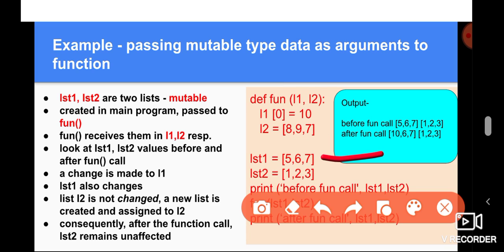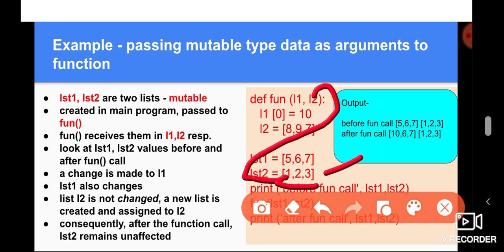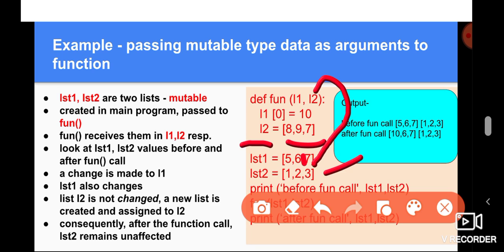But as far as LST2 is concerned, what is happening is that L2 also becomes a new name for this list, just like L1 became a new name for LST1. L2 becomes another name for this list 1, 2, 3. All right, but when we created a new list 8, 9, 7 and assigned L2 this new list, then what happened is that L2 lost its connection with this list.